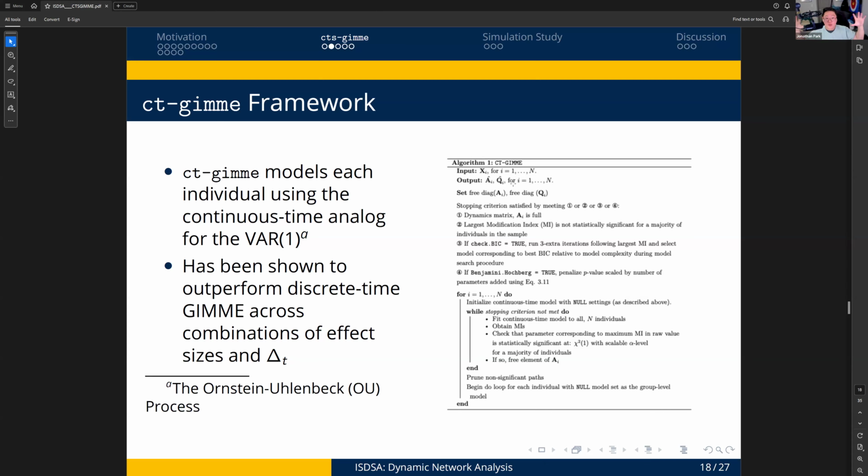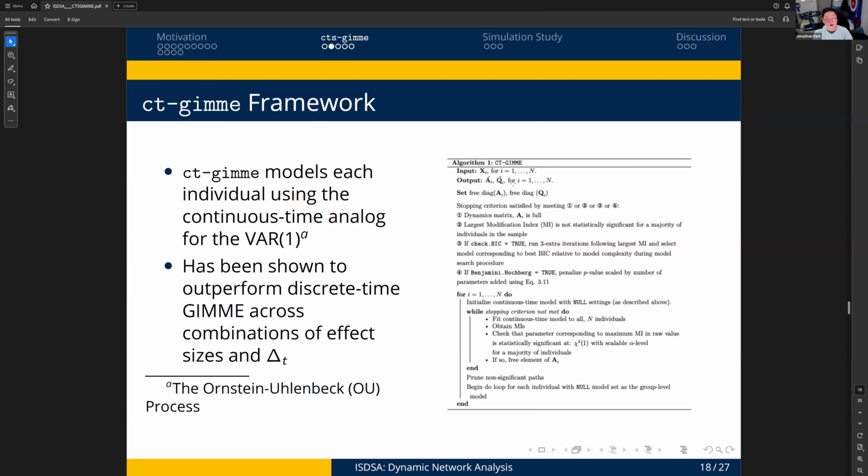And so then we might say, okay, certain people, or everyone, shares the A to B connection. And then once we split people into subgroups, we find that subgroup 1 has a C to D connection, whereas subgroup 2 has an A to D connection. And then we'll repeat that all the way through until there are no longer paths significant for either of the subgroups, and then we can pass it on to individual level model fitting.